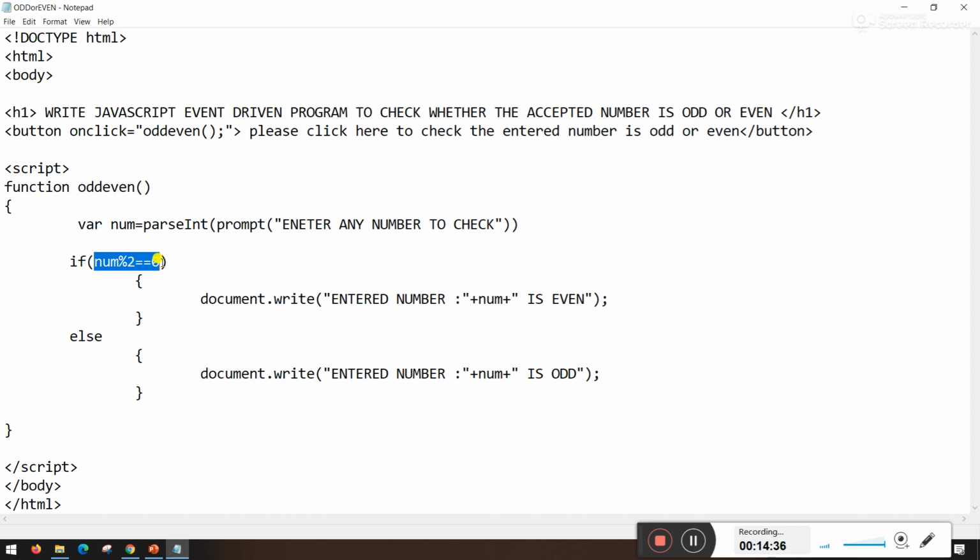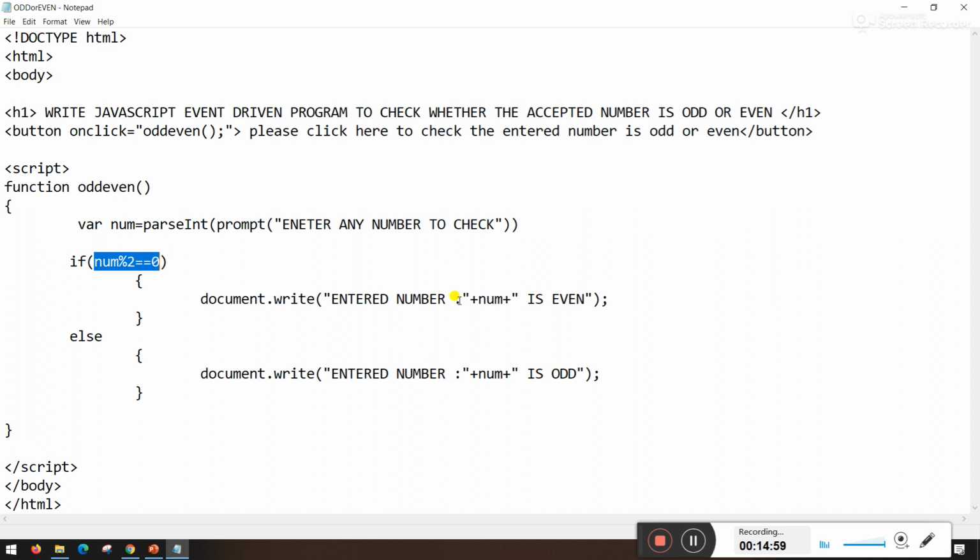So what is the condition? num mod 2 is equal to 0 or not. The remainder of num divided by 2 is equal to 0 or not. We need to check this, correct? So if it is true, then it will display document.write entered number.